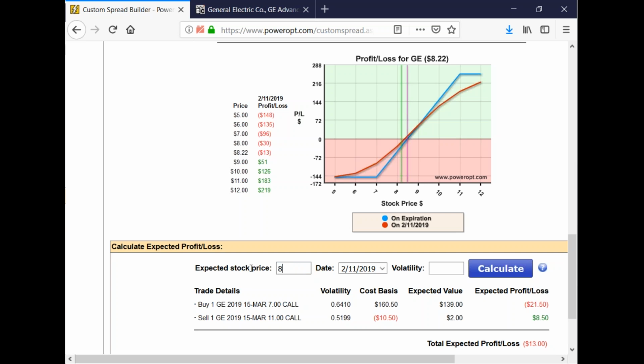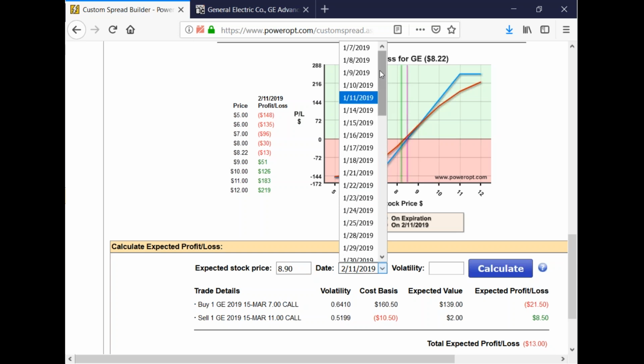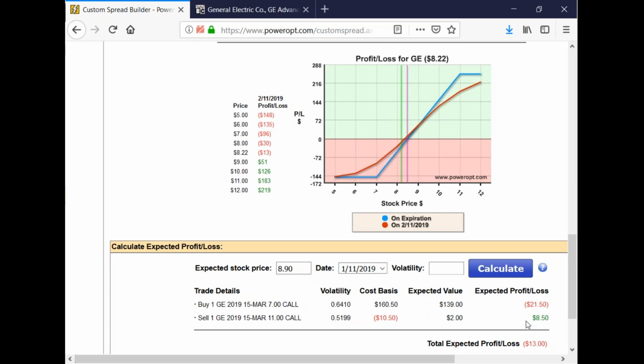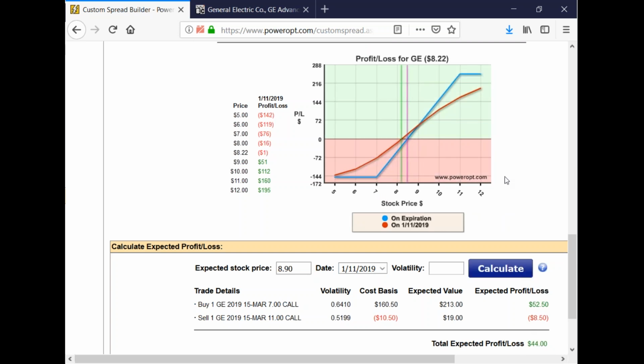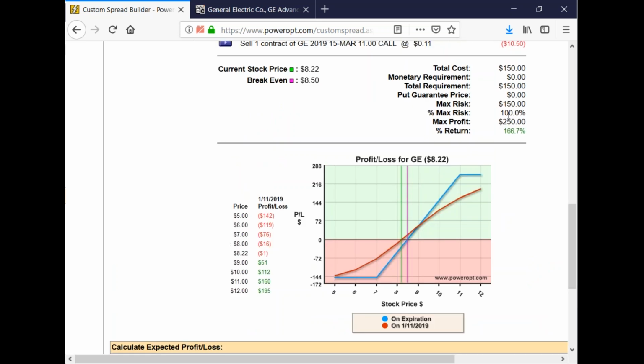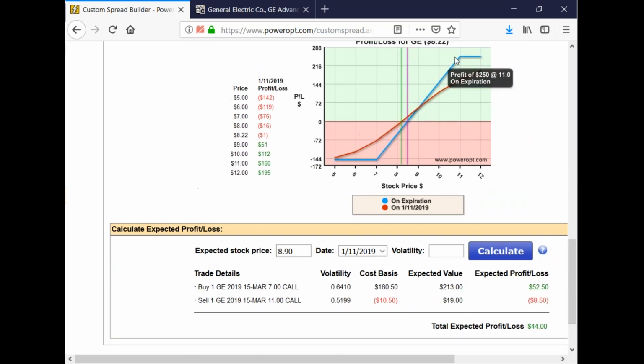So we're basically at around $8.90. Okay, and that's very speculative. I'm not saying that's going to happen, but let's say that it does trigger and it moves back up. It gains 80 cents or so. Your max profit we saw was 250, 166%. Because there's so much time value remaining in the options, as it starts to move back up, you're going to gain more on the 7 strike call,